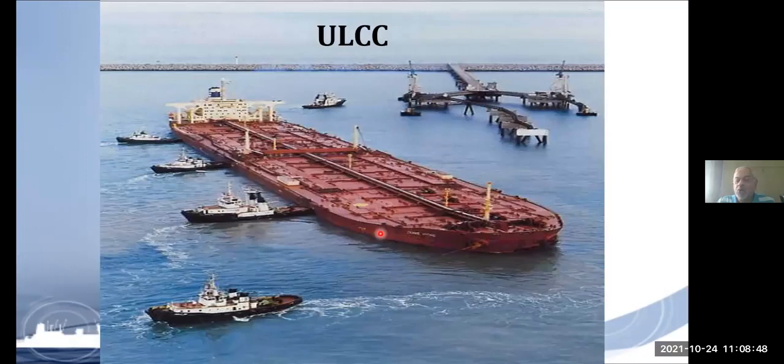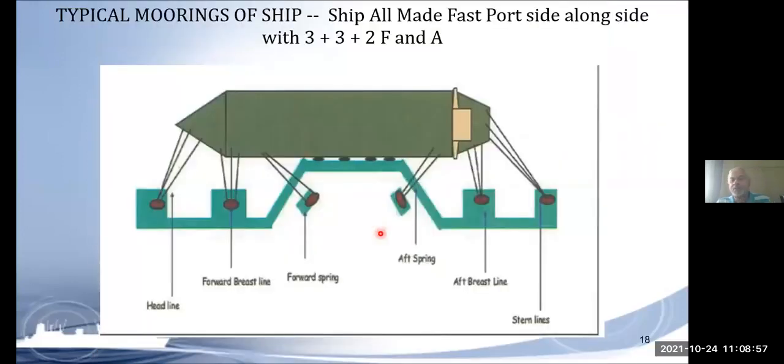Okay, so how the ship is tied up, what moorings are given and what their names are, that we are going to study now. See, this is a ship, this is the forward part of the ship, this is the after part, the stern part. This is called a plan view. These are the bridge wings, this is the accommodation, this is the starboard side of the ship, and this is the port side.